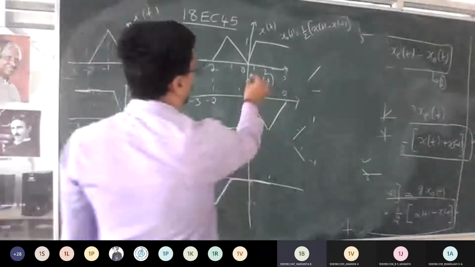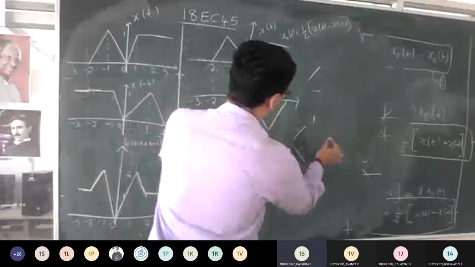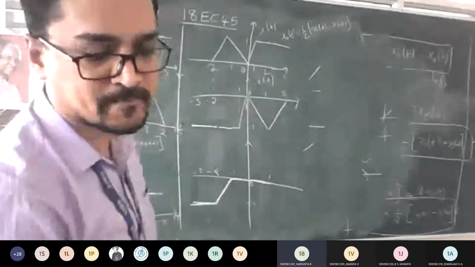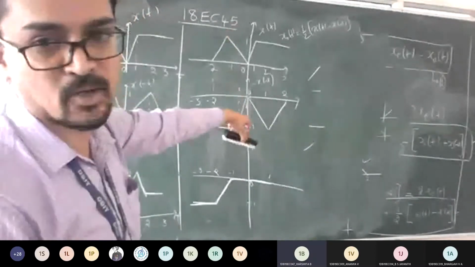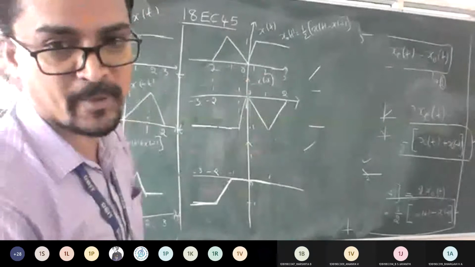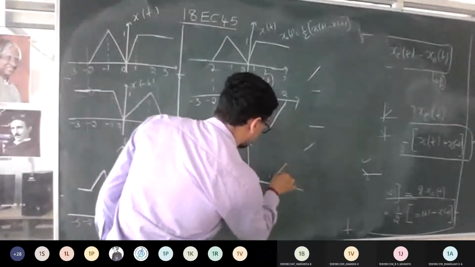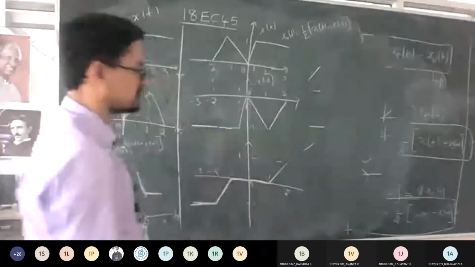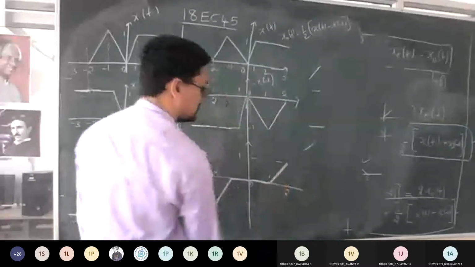So let's proceed. 1 to 2. It is constant, and 1 to 2 is increasing. So what should I take? What's the amplitude? 1 to 2, here it is 0. So 0 plus 1 becomes 1 upper. Yes, sir. So the signal from 1 to 2, is it like this, with the amplitude 1? Yes or no? Understood?